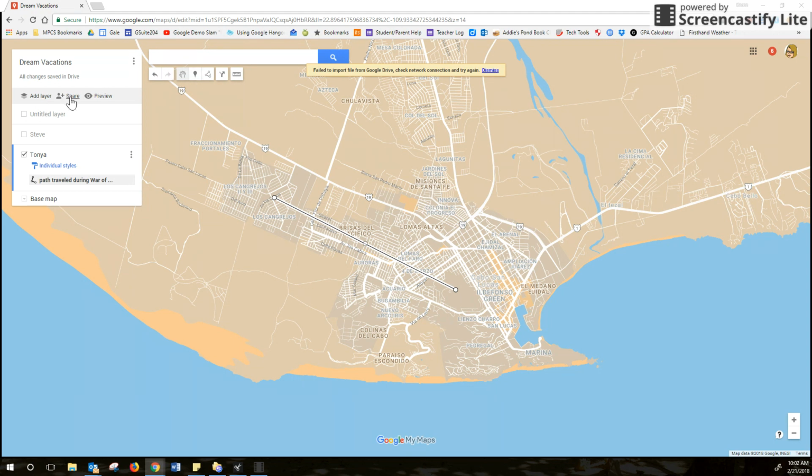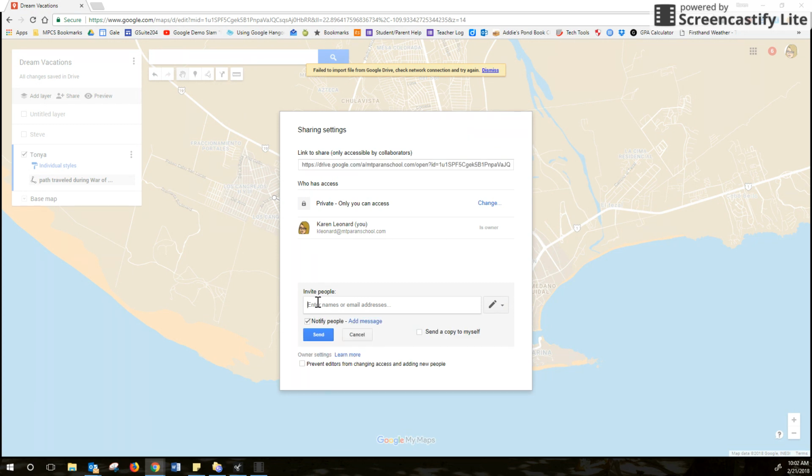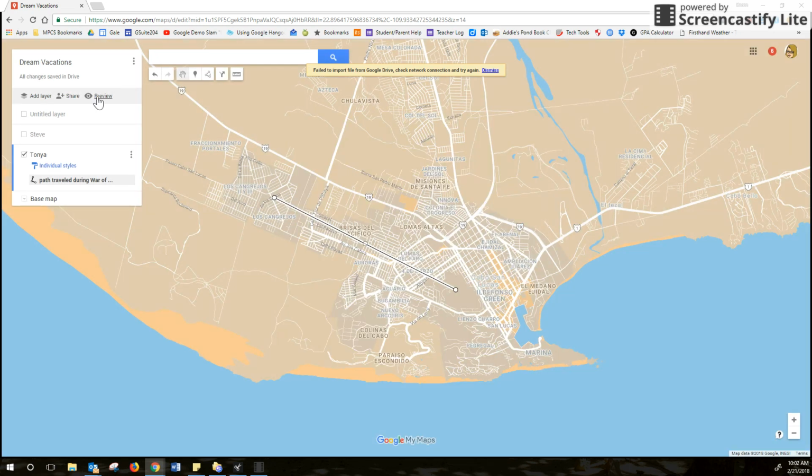If you are ready to share this, right now I'm the only owner. Let's say I was going to share it with Steve Bowman so he could contribute. I could invite him. I can select if he's going to edit or just view. I can send a copy of that message to myself. I can go back through and, once shared with somebody else, give them complete ownership. And another thing is